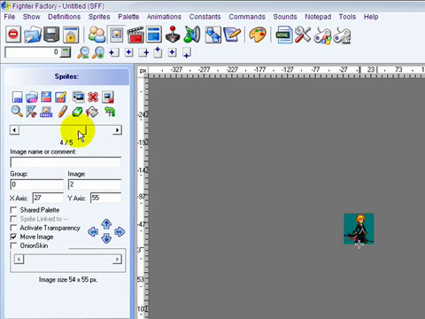Alright, so now your sprites are all lined up in the same place. So the next thing you're going to want to do, especially if you're doing a character, is look down here at the group and image options. Okay, you see how this image is 1 and this image is 0? You're going to want to fix that, because if you do that, then this image will play before this image and it will look off. So just go ahead and change your